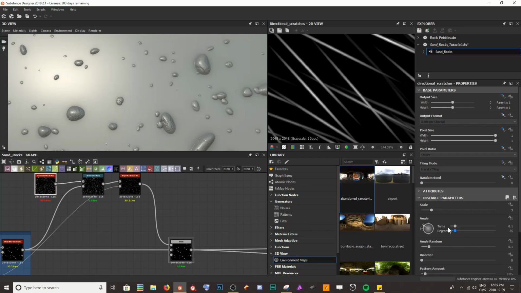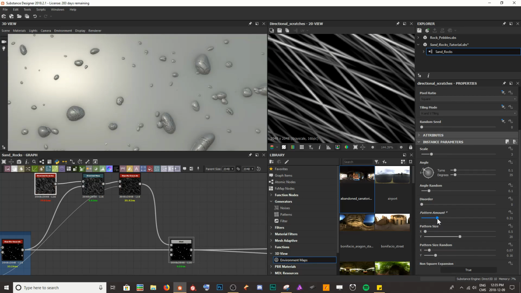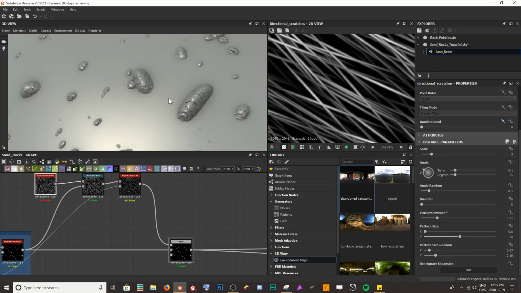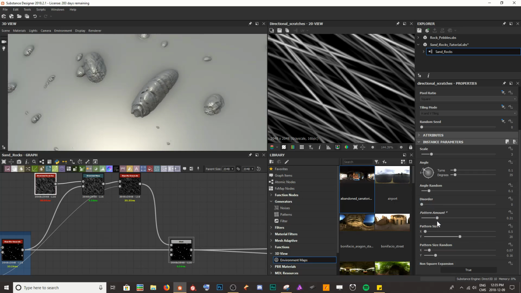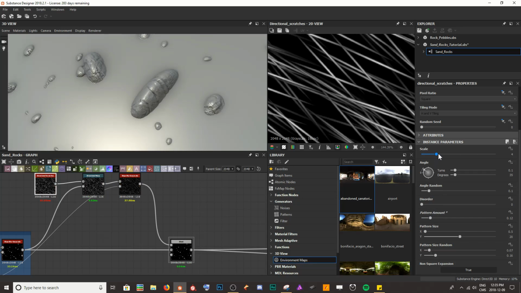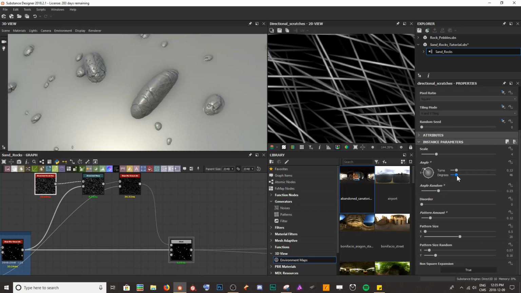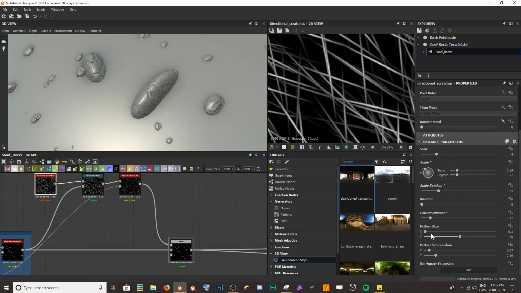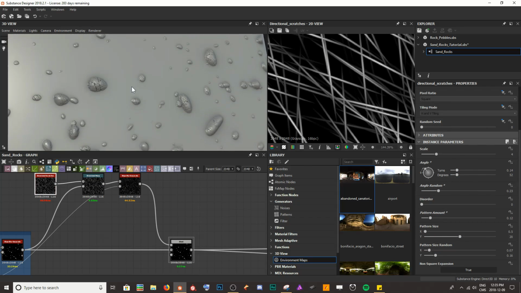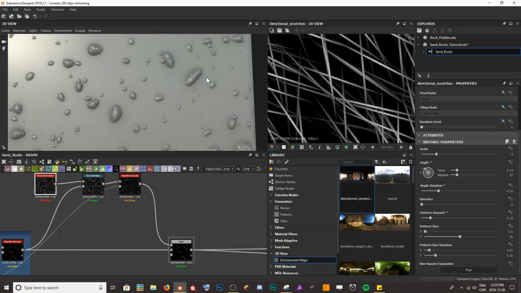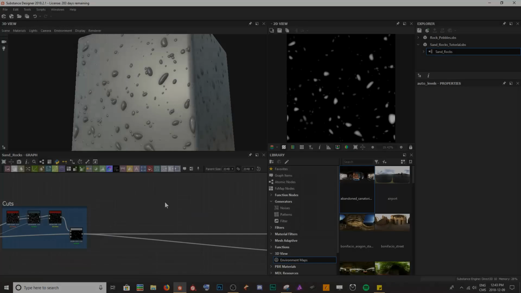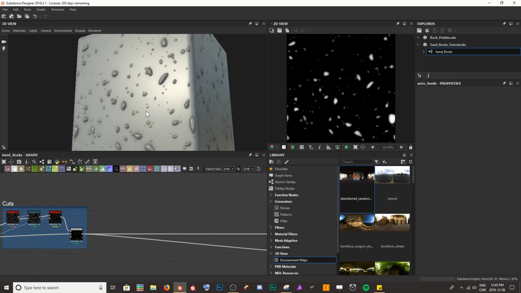And again, we can come back and change the amount if we don't like how few cuts there are. We can also change the scale, the random angle, and really the possibilities for this node are endless. And so we've almost completed our rocks here, but the last thing I want to do is create